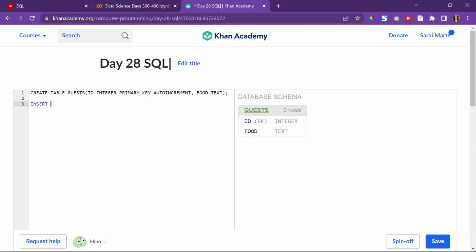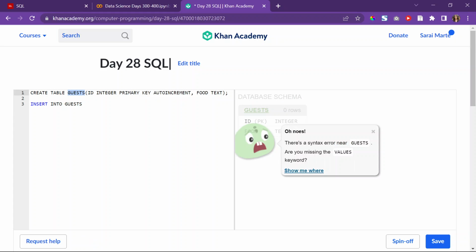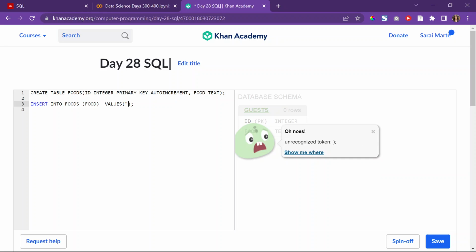So in order to insert the first food item, I'll insert into the guests, or maybe I'll name this foods, and then I'll put in parentheses the columns that I want to add. So food is the only column that I'm going to add because the integer is automatically added. And then I'll put in the following values, and in the parentheses I'll put in, I don't know, maybe someone wants